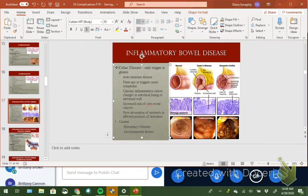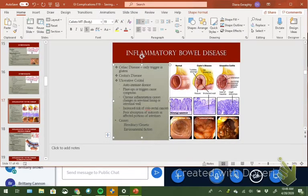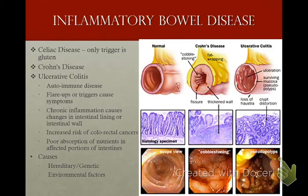So I'm going to put celiac disease up at the top, because that one we kind of discount. Once you figure out that you're allergic to gluten, you don't eat gluten anymore and you've cured your inflammatory bowel disease. But Crohn's disease and ulcerative colitis have much more unknown or generalized, unspecific triggers, and so they have constant flare-ups. We can't tell them to avoid their one trigger. If you do see anything about celiac disease, its only trigger is gluten. Removing gluten from your diet